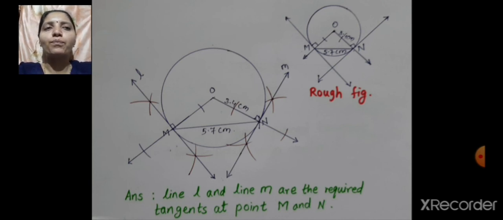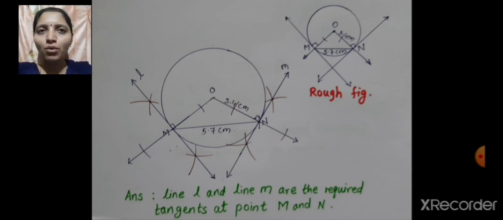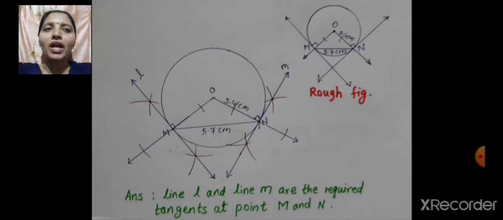Again and again I am telling you, this construction lesson is very important. Do all the constructions properly, and you can get full marks in this lesson. No calculation, nothing is there. It is a very simple lesson and very simple constructions. You only have to understand the construction, and neat and clean construction should be there. So always use sharp pencils for the construction, and do all the construction with pencil. Don't use any kind of pen for the construction.